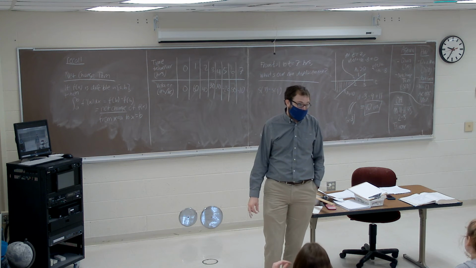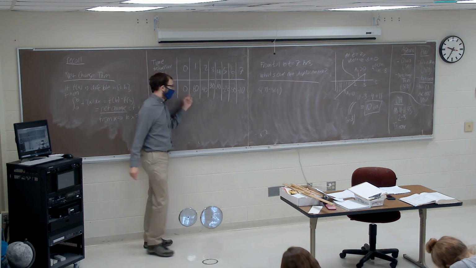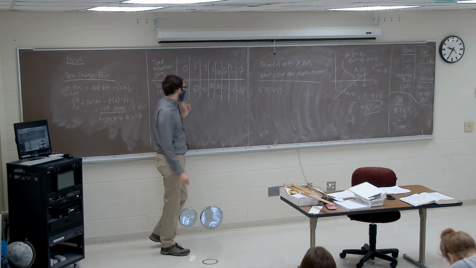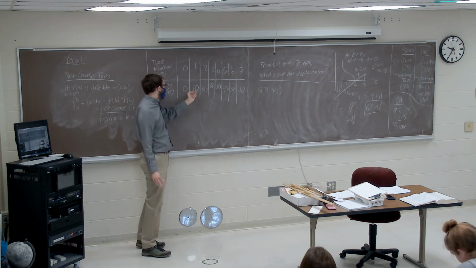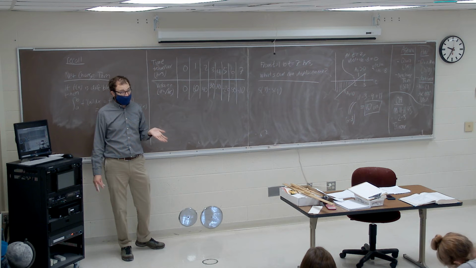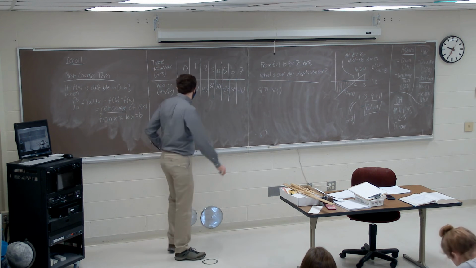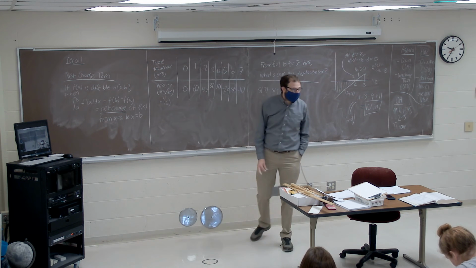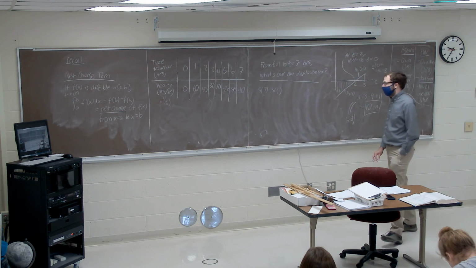Here's the problem. If this was standard 1, where all the values in the bottom row of the table I gave you were for S of t, you would just take S of 7, that would be negative 10, and S of 1, that would be 60. Subtract the two, and that would give us our net displacement. That would be a standard 1 type of question. Problem is, I didn't give you S of t. I gave you V of t, our instantaneous velocity at several different points.